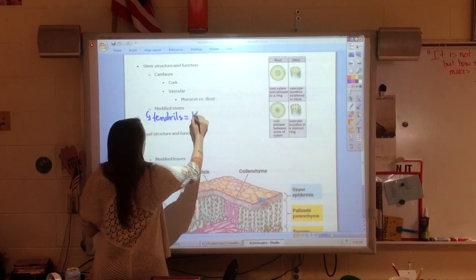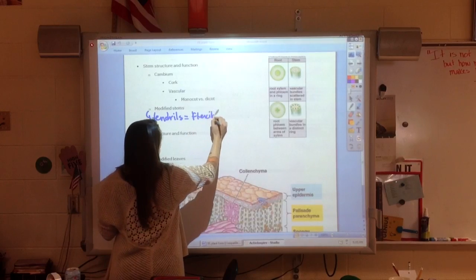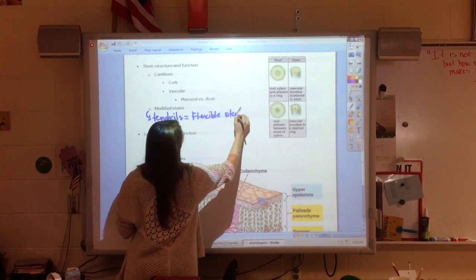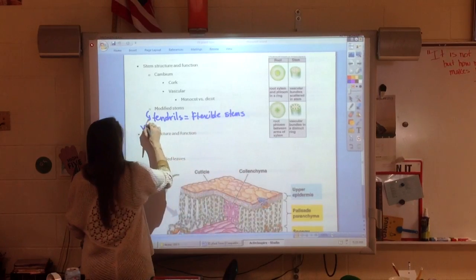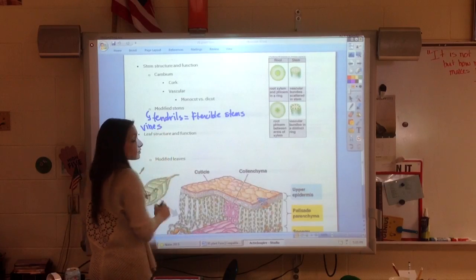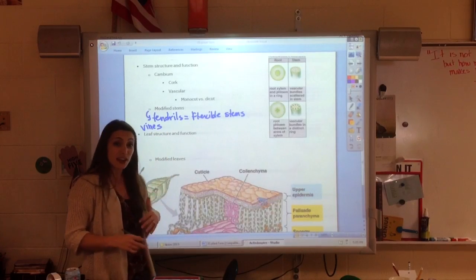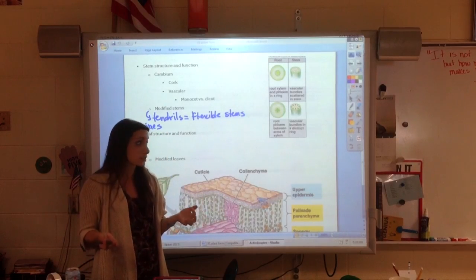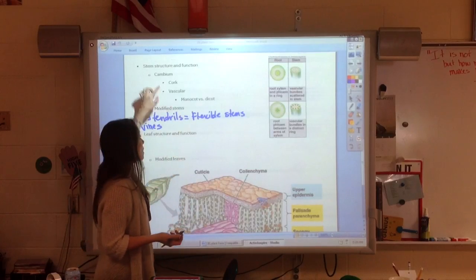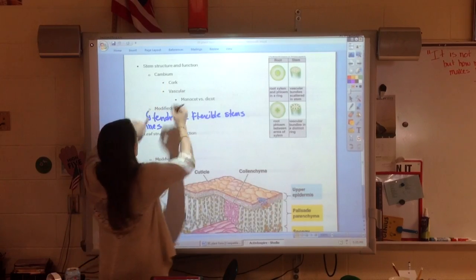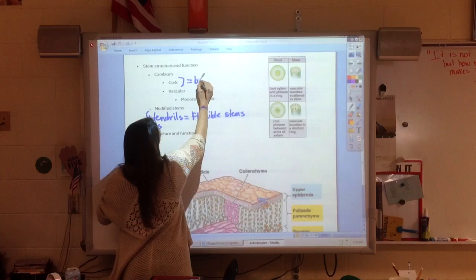Tendrils are going to be very flexible stems. And these are going to be seen in vines. And so these are going to be seen in plants that actually have found a different way to get closer to the sun. Some plants are going to invest a lot of energy building cork, which is basically bark,